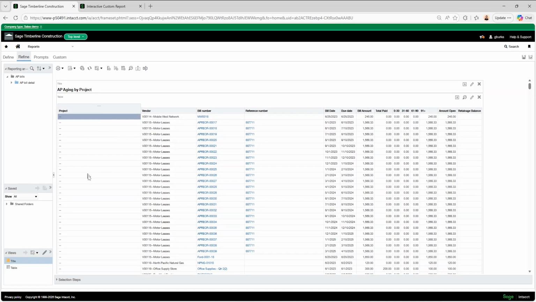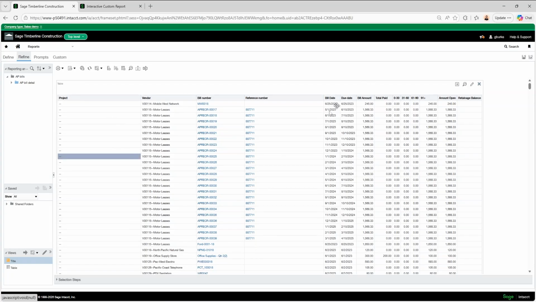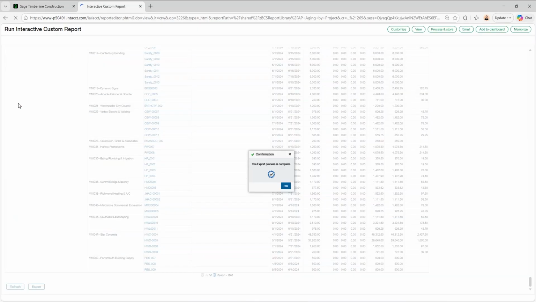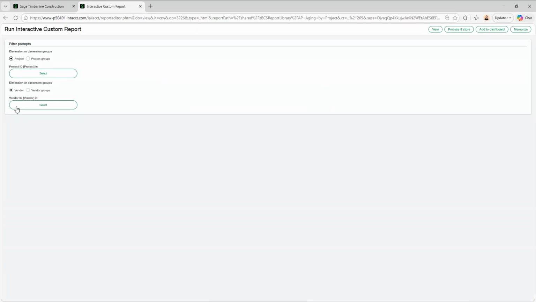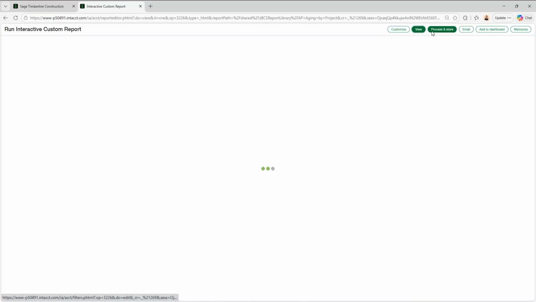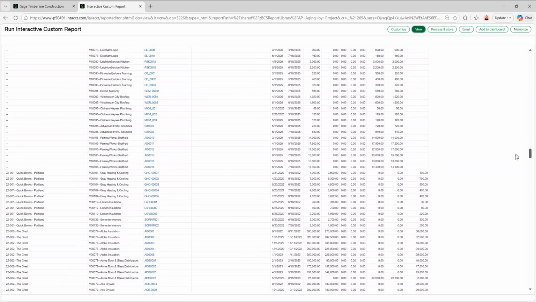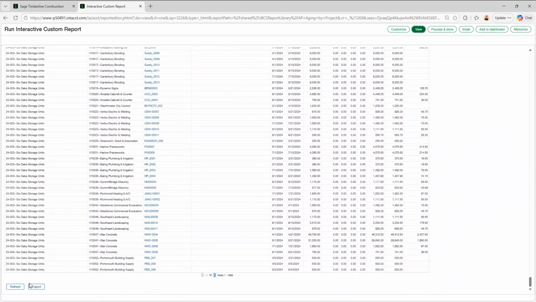Now, instead of the same value just once, we have it repeated for each row, which will be perfect for Excel filtering. From here, I can remove the title too, so that the data is just at the top of the sheet. And then when I go ahead and save and run the report again, I'll scroll to the bottom one more time to export to Excel.